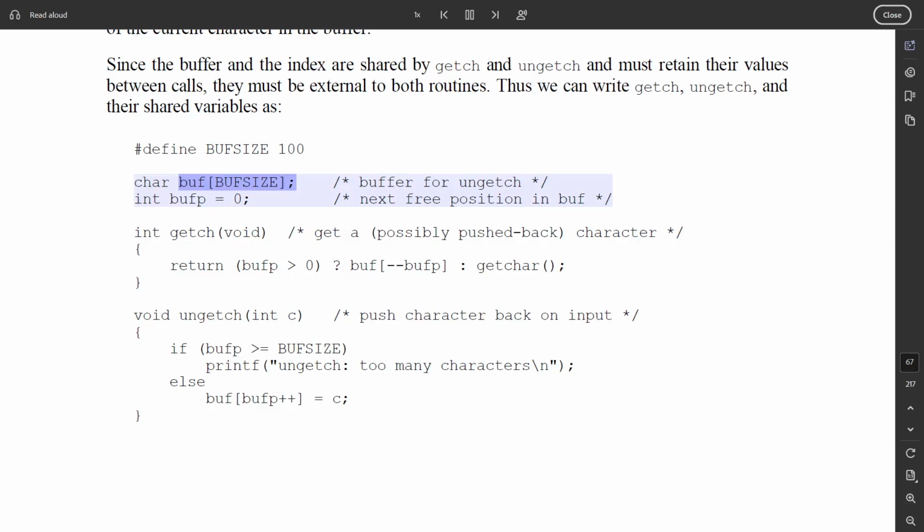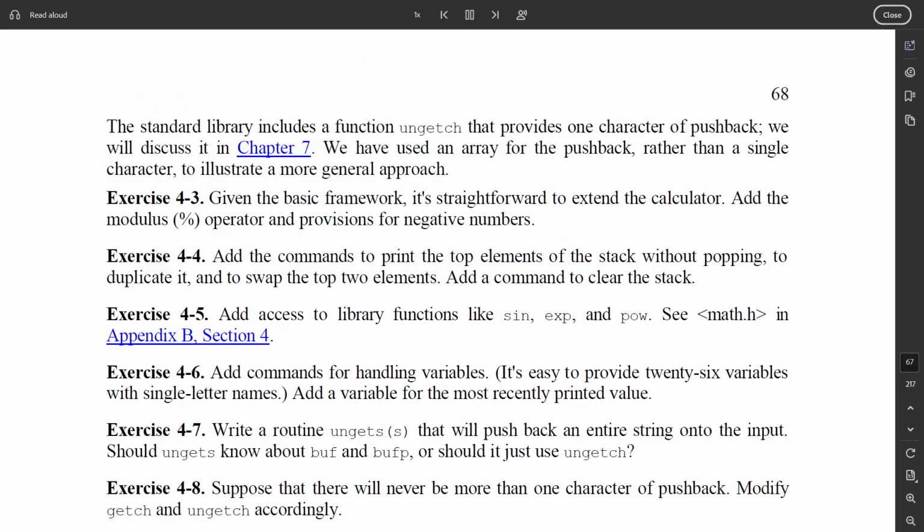/* buffer for ungetch */ int bufp = 0; /* next free position in buf */ int getch(void) /* get a (possibly pushed back) character */ { return (bufp > 0) ? buf[--bufp] : getchar(); } void ungetch(int c) /* push character back on input */ { if (bufp >= BUFSIZE) printf("ungetch: too many characters\n"); else buf[bufp++] = c; }